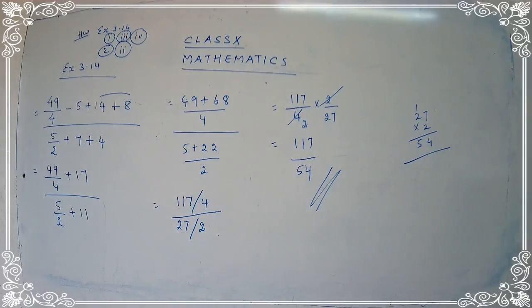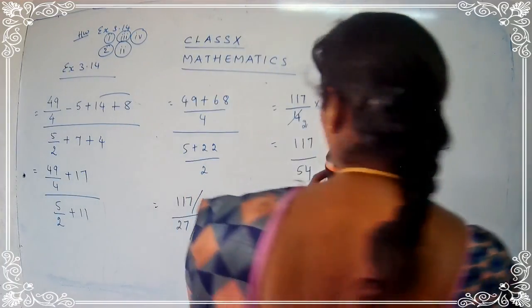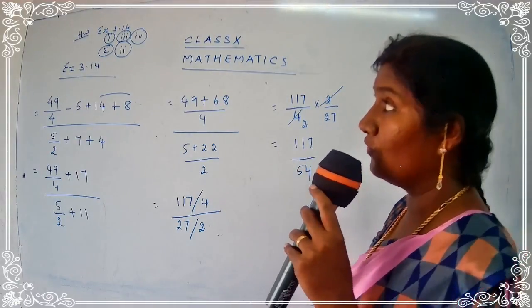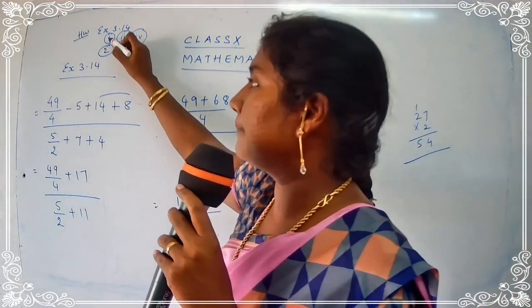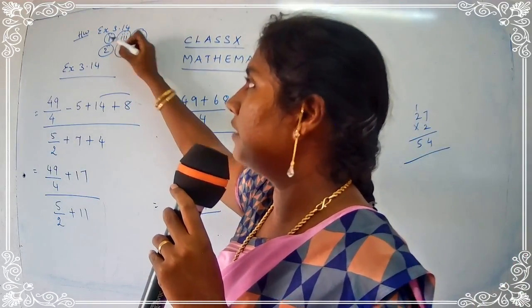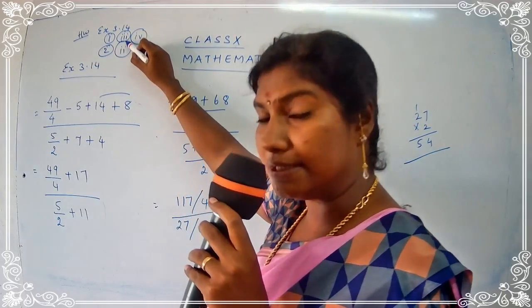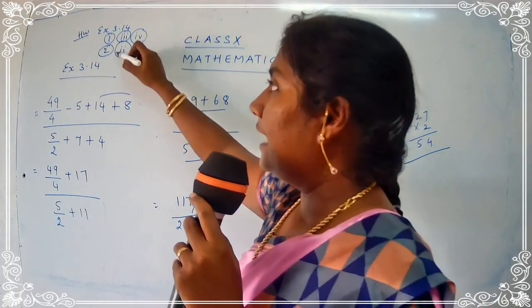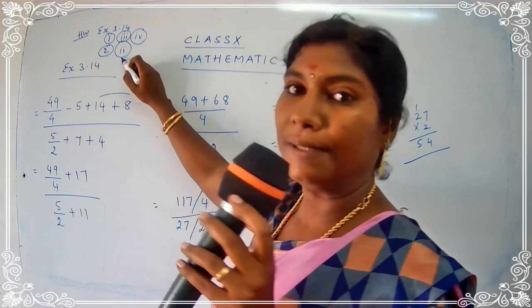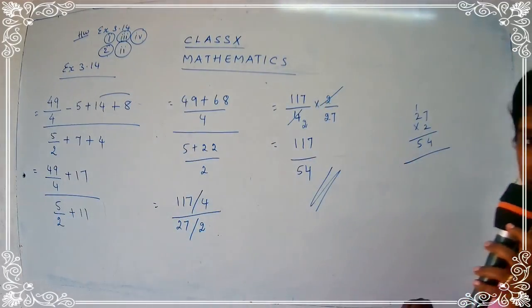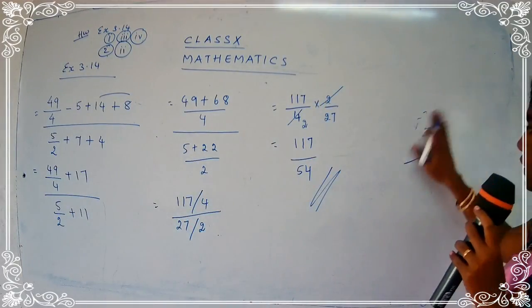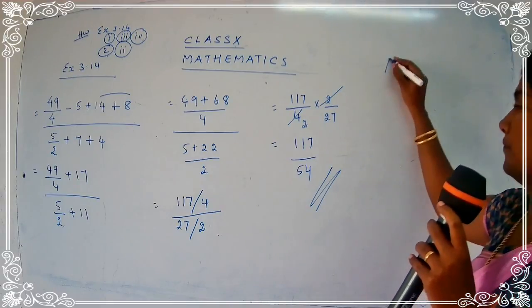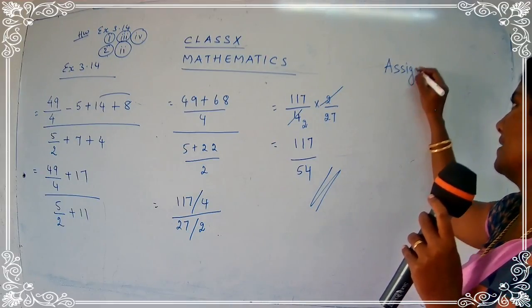So now I would like you to note down your assignments. Write down the assignment questions. The homework is clear to you, children. What about the homework? Homework is from sum number 1, that is from question number 1. You have to complete the third subpart and the fourth subpart. And from question number 2, you have to complete the second subpart. So just 3 sums for your homework. And note down your homework assignment questions.